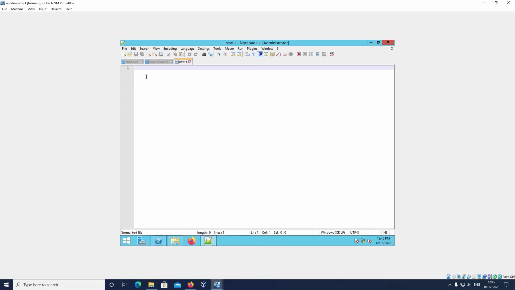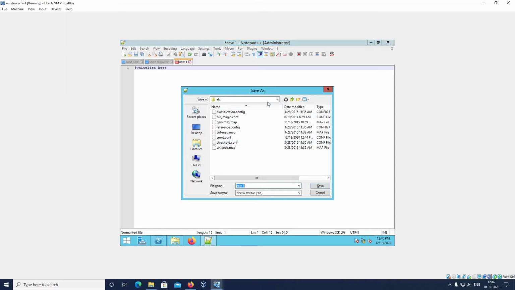In that file we will write whitelist rule here, and we will save it in our snort rules folder with the name whitelist dot rules.